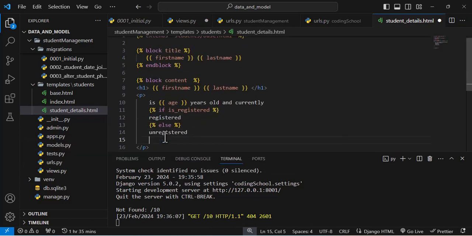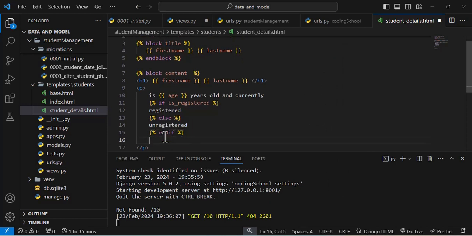And don't forget, when you write logic, you should always end it. So then I end my if, and I continue my statement. So it will display the first name and the last name, and I'll say is 40 years old, 20 years old, and currently if his registered is true, is currently registered. If his registered is false, it's currently unregistered. So I will then go for the